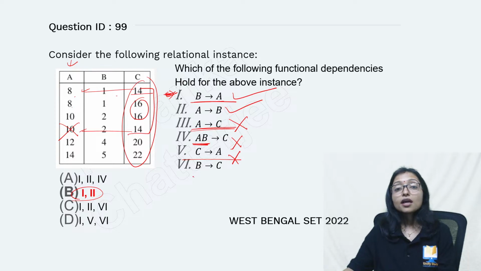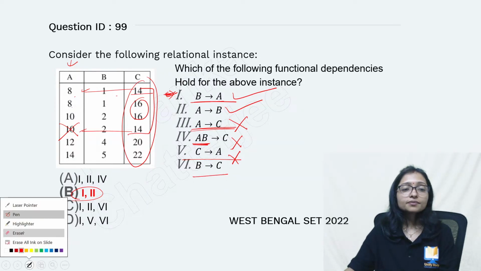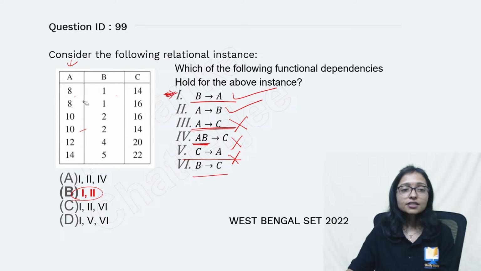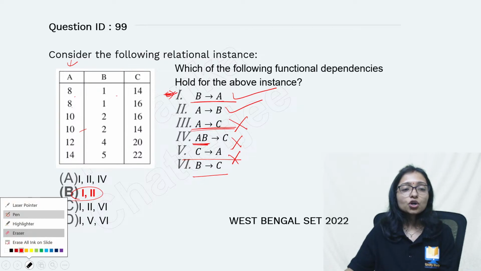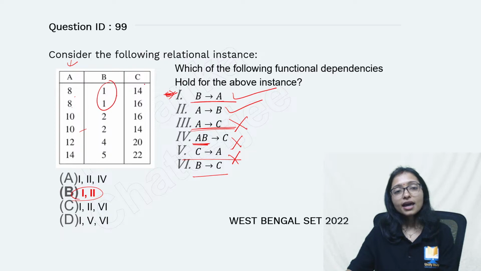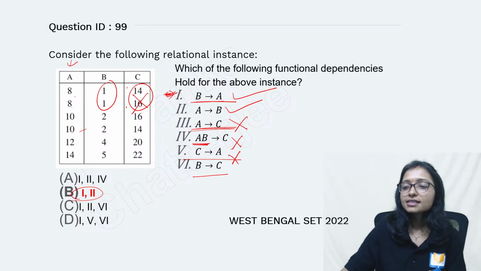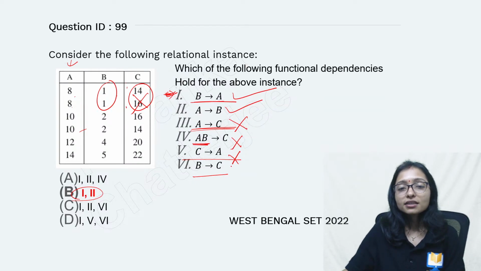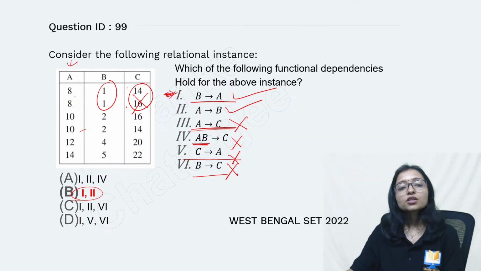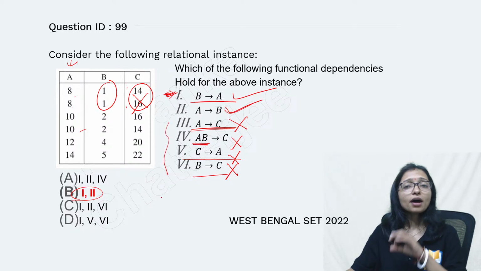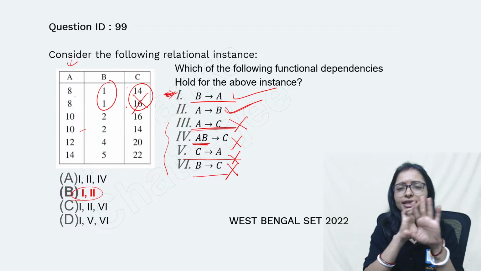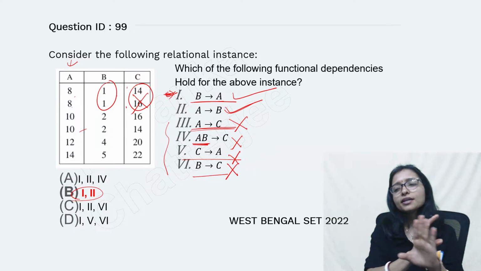This is the reason. B implies C. Is it holding? Check it. For B implies C also you can see 1, 1. Here it is 14 and 16. It is creating a clash. Either both should be 14 or both should be 16. Same value should be there. As there are no same values, that's why this also does not hold. So ultimately 1 and 2 are correct. All others are wrong. I hope after watching this, how to identify functional dependency will be